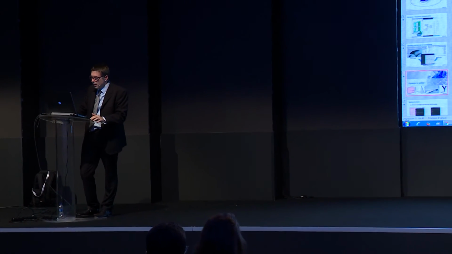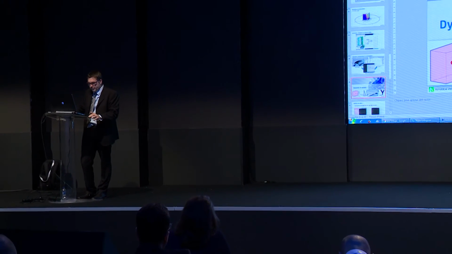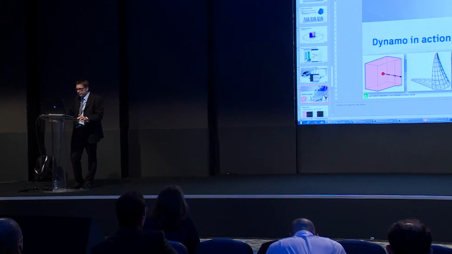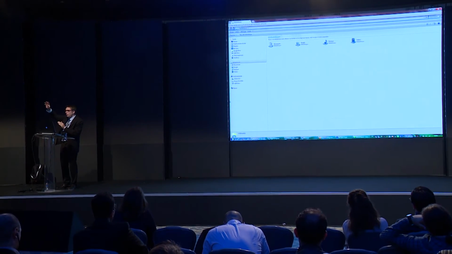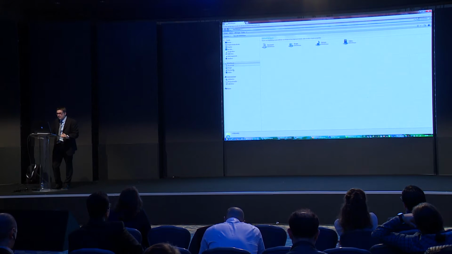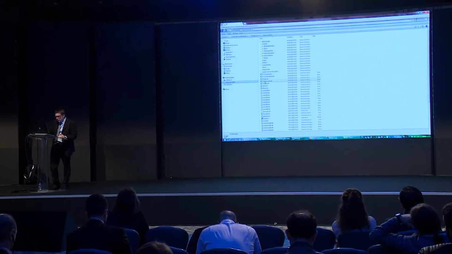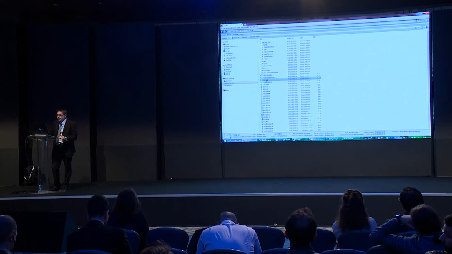The third example will be a bridge with Excel data connected. A lot of engineers use Excel files to create a lot of stuff. And what's the way to connect this Excel file with Dynamo and Revit also? I will show you the Excel file. As an engineer, I calculate all parts of the curve of the bridge.